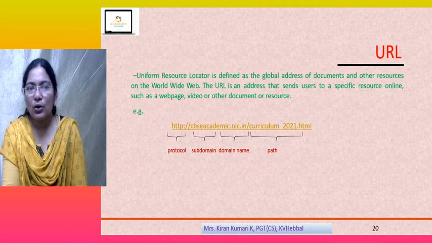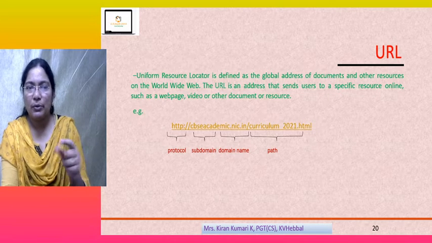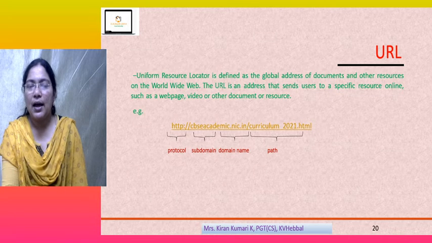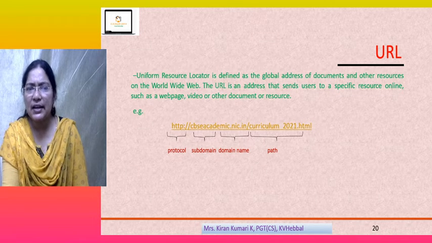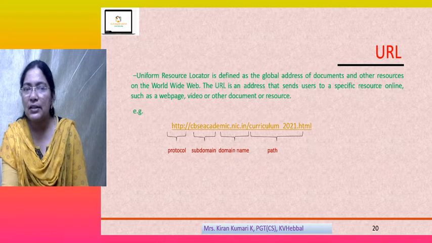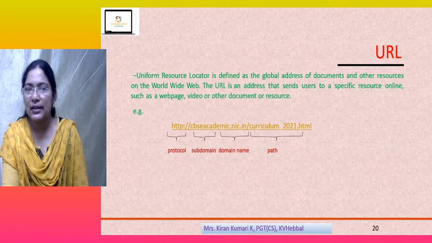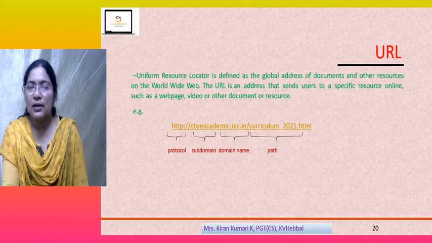What is the protocol? Hypertext Transfer Protocol, HTTP, before that colon. Then nic.in, where .in indicates it is India based. NIC is the National Informatics Centre, which has that domain name, and then the subdomain is cbscacademic.